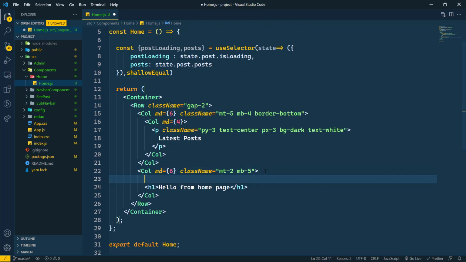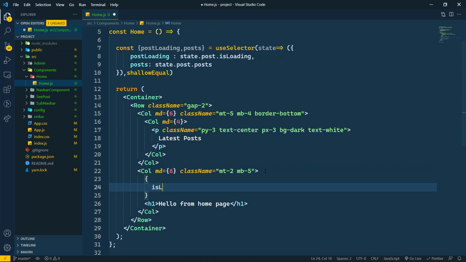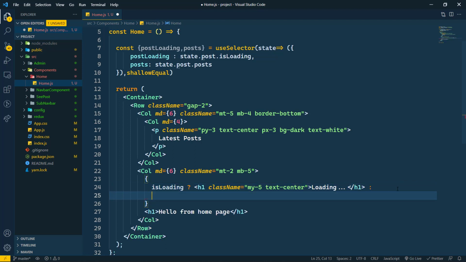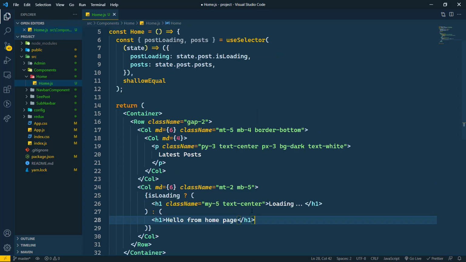So first of all we will check if the posts are loading or not. If our posts are loading, then we will just write h1 here, and here I'm going to write className as my-5 and text-center, and write Loading like this. And if there are not any posts, then simply I'm going to write hello from the home page.